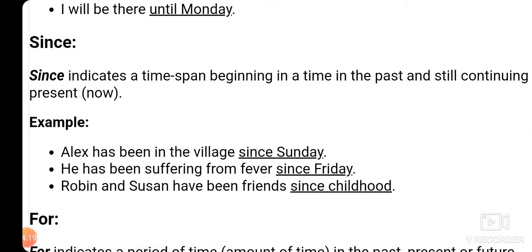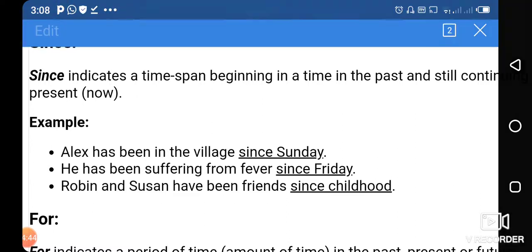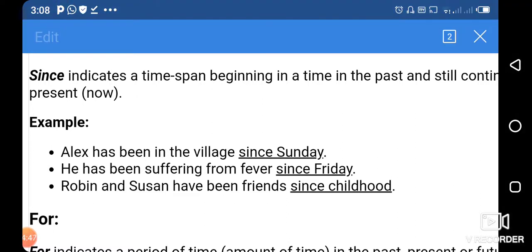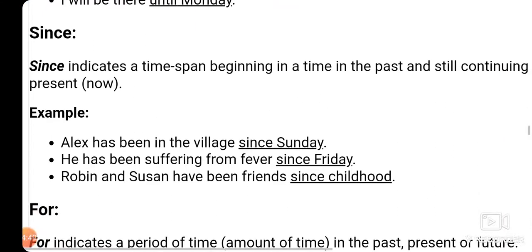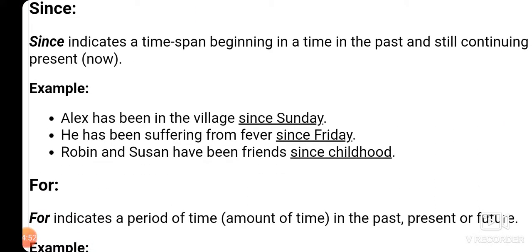Now since. Well, since is used to indicate the time spent that shows the beginning at a time in the past and is still continuing in the present. Alex has been in the village since Sunday. Now since shows how long Alex has been in the village. So since shows the starting point when Alex actually started living in the village. So he started living in the village since Sunday. So when we talk about the starting point of any action,